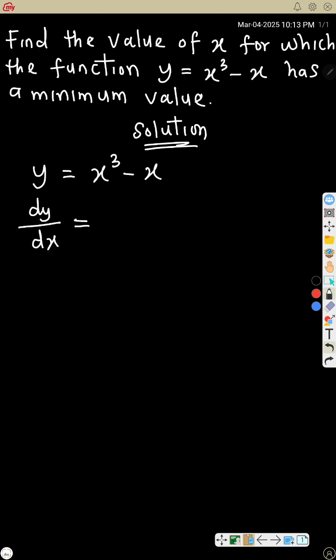Watch the video on calculus again. I have explained this before. How do we find dy/dx? You write the power, that is 3, and also subtract 1 from the power. Then minus x, we differentiate x, you get 1. We've done this before. So now that you've found dy/dx, we know that at turning points,